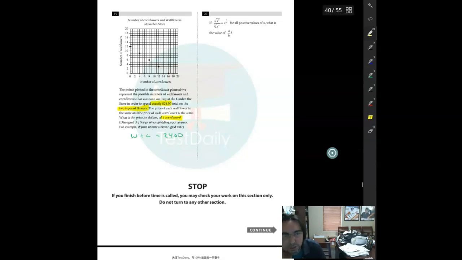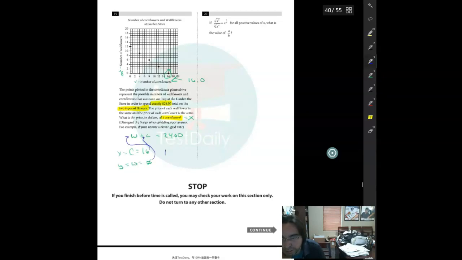Well, the easiest thing we can do is take our intercepts here. This is the number of cornflowers, which is the same thing as x. This is the number of wallflowers, same as y. And we want to solve for cornflowers, which is essentially x here. At this point, we see that it is 16, 0. So regarding cornflowers, or x, we have 16, and the wallflowers, we have 0. So if we use these values to plug into the equation,